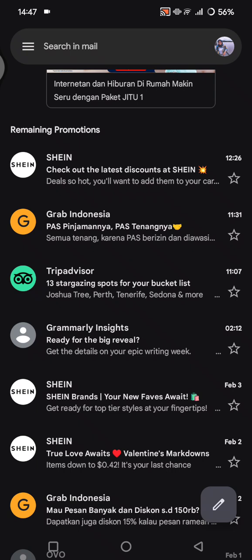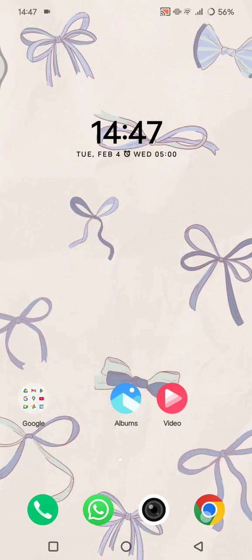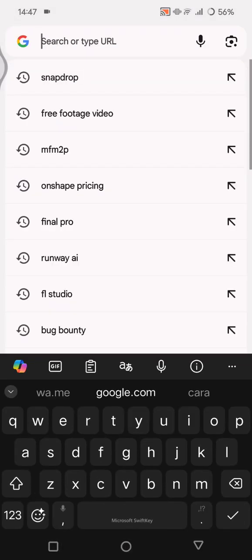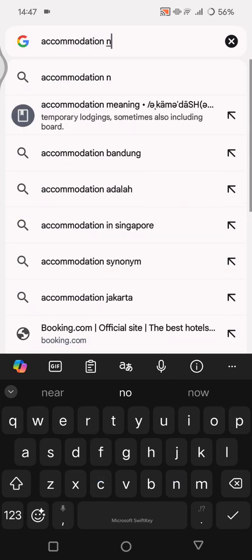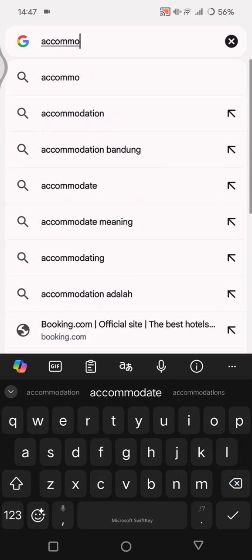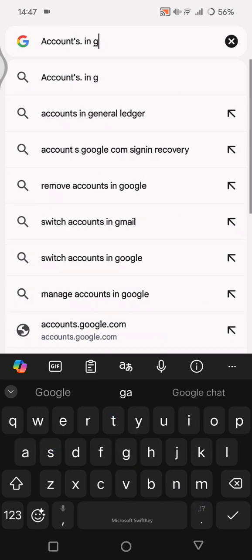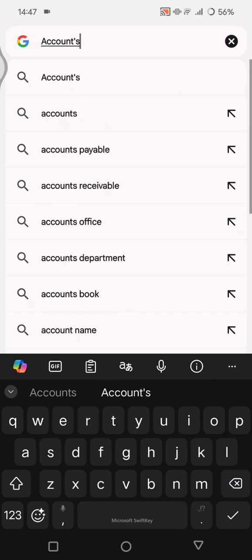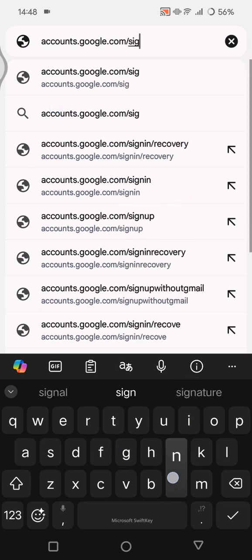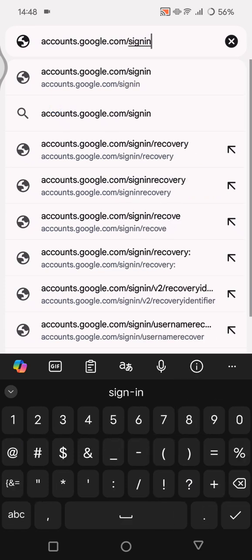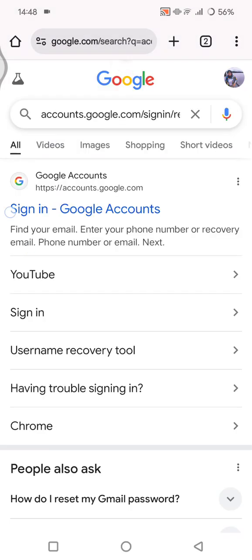So you can just go to the Google account recovery. Here I'm going to just open it in my browser. So go to account dot Google, so this one, sign in / recovery. Okay, so you can just go to this page right here,